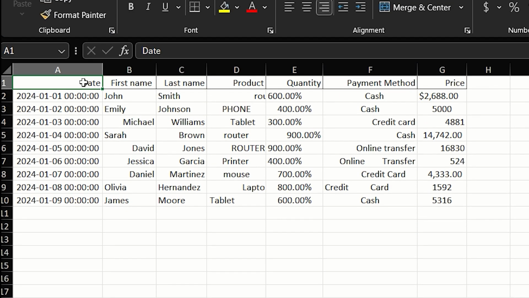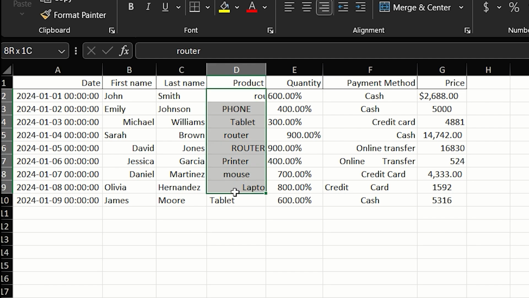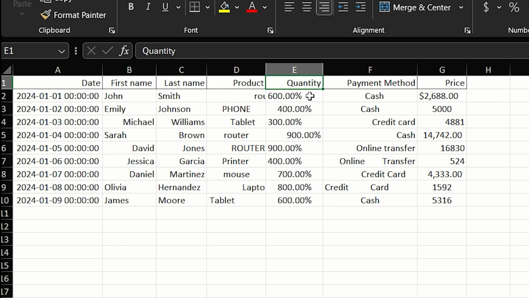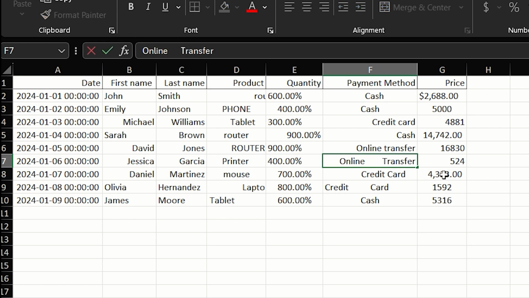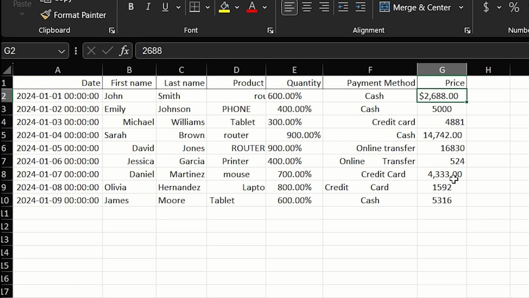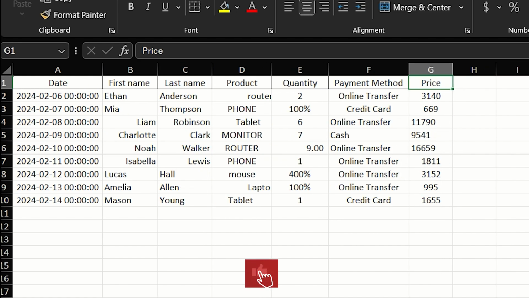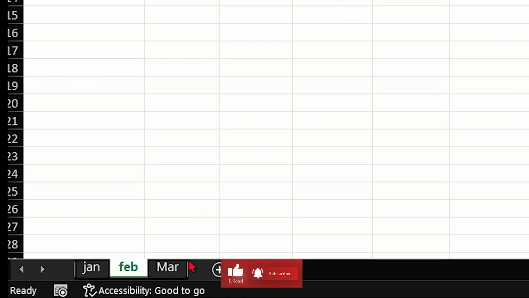In the Jan sheet, the date formats are not correct. There is first name and last name. We need to get these 2 names as a single name. And in the product, there are some spaces and the cases are not correct. And in the quantity column, the values are in a percentage format. In payment column, there are spaces in the beginning and also spaces in between. In the price column, the numbers are not in a dollar format. So we need to clean this data, and the same steps will be applied to Feb and March as well